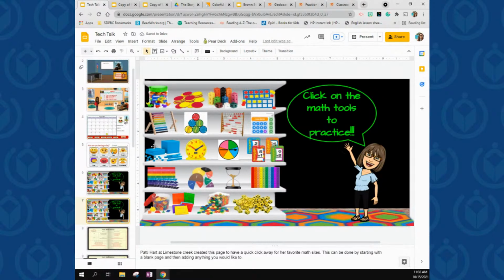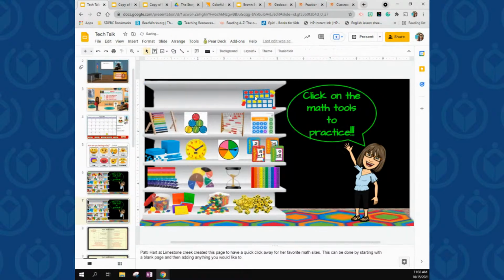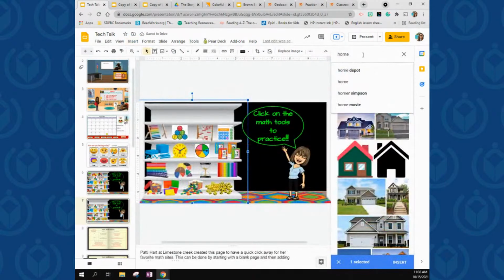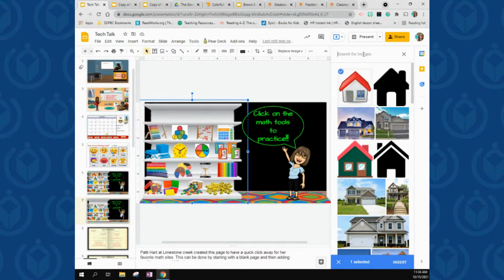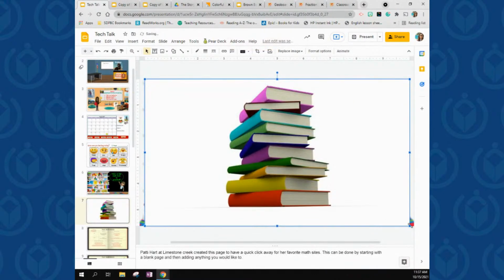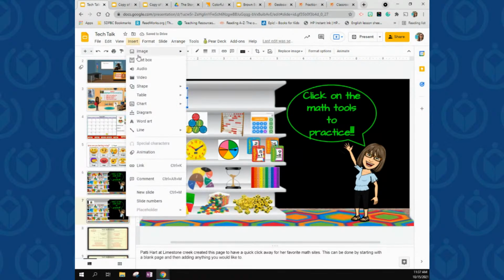And so then in your duplicated slide, you're going to come in and let's say that we want to do ELA. So you could take off some of the links. And in this part, I want to do a library, or let's do books. So if we search for books, I'm going to click here to insert the picture. You are going to need to size it, so it will take some time to create something as elaborate as Miss Patty Hart did. Okay, and then you've got your books,